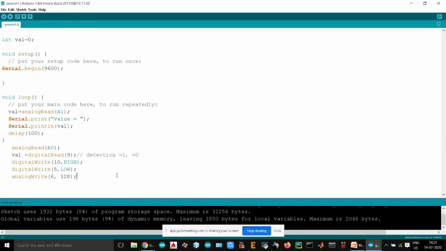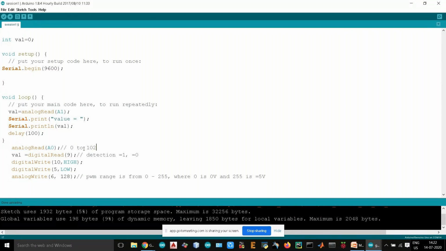PWM range is 0 to 255, where 0 is 0 volts and 255 is plus 5 volts. So basically 128 will give you a 2.5 volt signal and so on. So that's how it works. And the range of analogRead is from 0 to 102